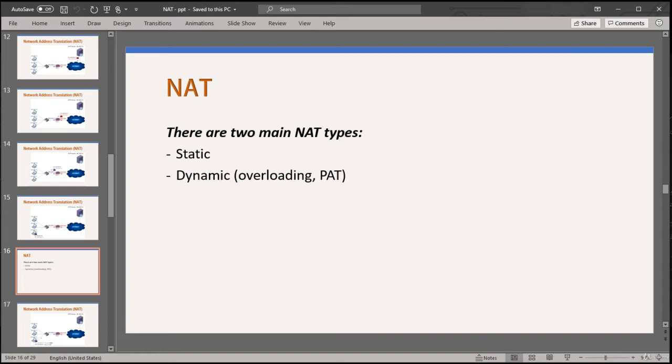With dynamic NAT, however, we map multiple and potentially lots of private IPs into a single public IP. By doing this, we save the public IP addresses, and that's a good thing, but there's also a disadvantage when doing this, and that is you lose accountability. For example, if many users get the same public IP and one of them does something malicious, you'll have a very hard time tracking that one user, since when looking from the outside, they're all represented by a single public